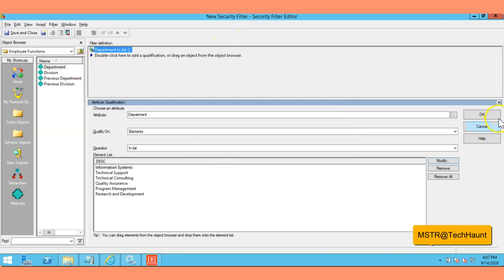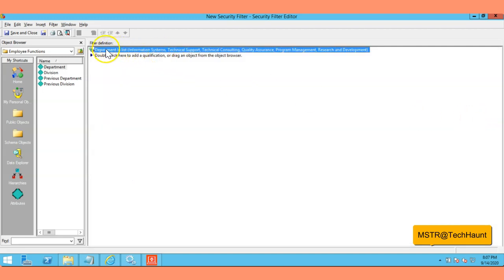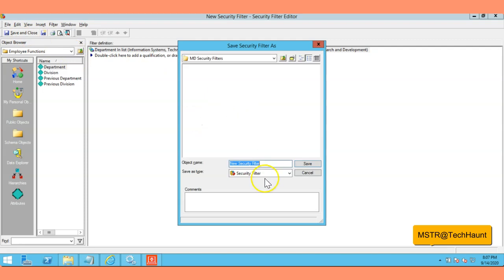And in this attribute qualification pane, you are going to hit OK. And now you can see in your filter definition pane the department in list information. So it's going to apply on this department. And now you are going to save this filter here, and you can save it in any folder.